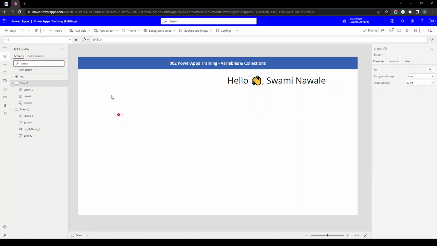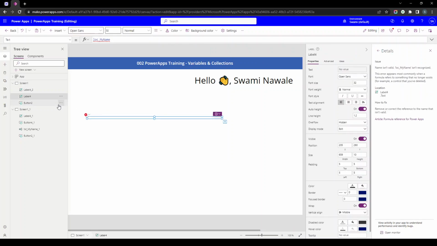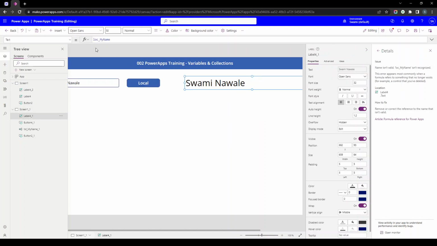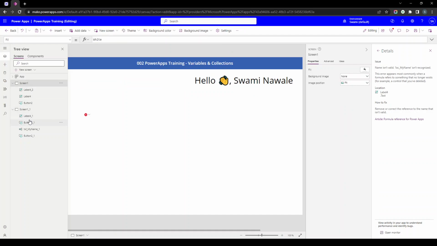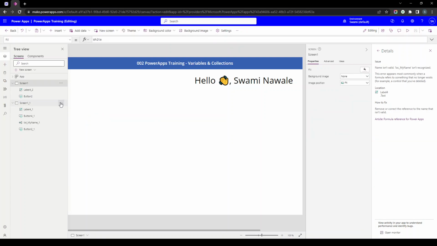So as you can see we got one error, and that is because the name isn't valid, loc my name is not recognized. But as you can see we have loc my name on the second screen. So this is the context variable. If we delete it from one screen, it will not affect the other. So it is not recognizing that variable name in this screen, but we do have it in the second screen. So I will delete this,